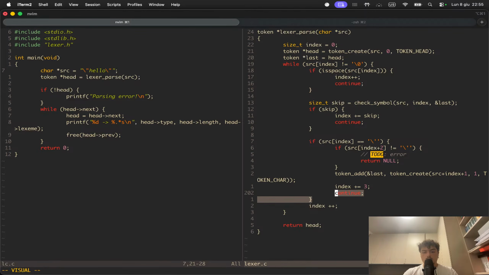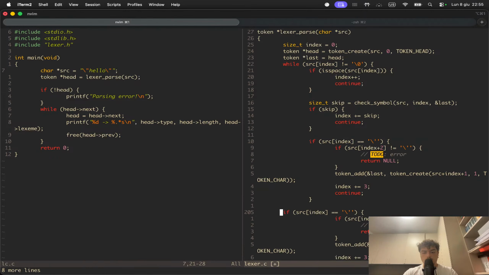We are going to check if we have this character here, and then we'll have a string length equal to 0, while